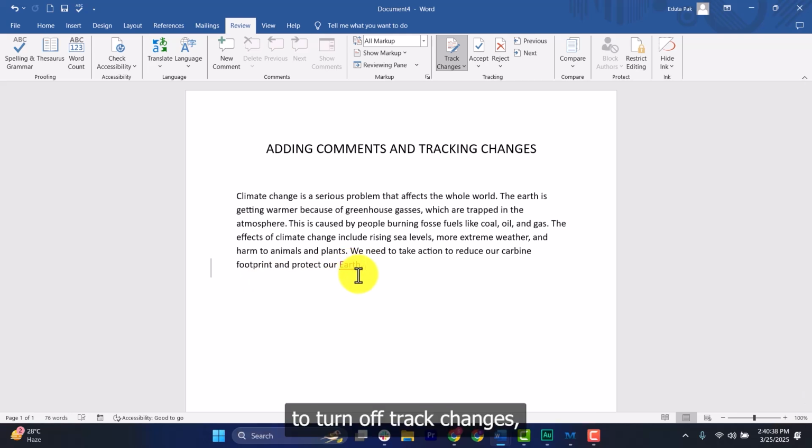To turn off track changes, click the track changes button again. So if we don't want Word to track our work anymore, we'll just click in here and click on track changes. Now the changes or the deletions will not be recorded by Word anymore. So this is how adding comments